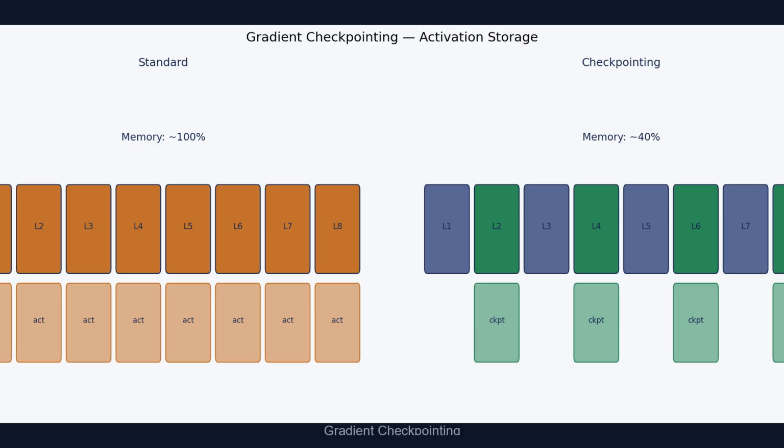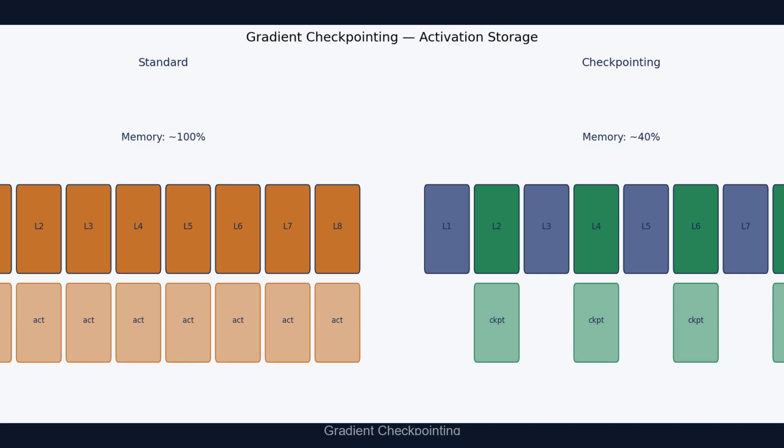Memory usage drops to roughly 40%. The trade-off is real. Those recomputed layers run their forward pass twice, adding compute overhead. But for large models on memory-constrained hardware like the P40, that compute cost is almost always worth paying. The key insight is that you don't have to checkpoint every layer. Checkpointing only the expensive attention layers while letting cheaper operations recompute freely gives you most of the memory savings with